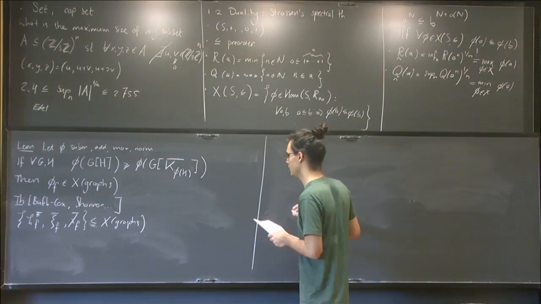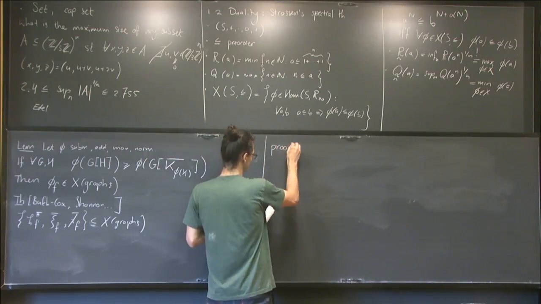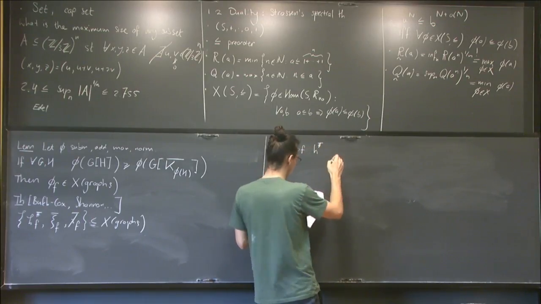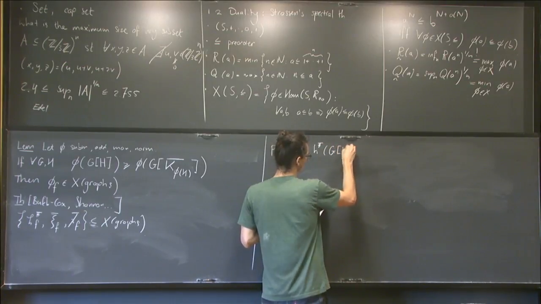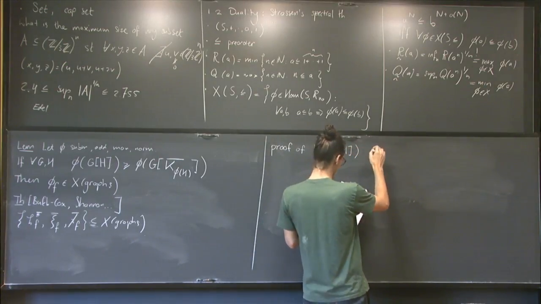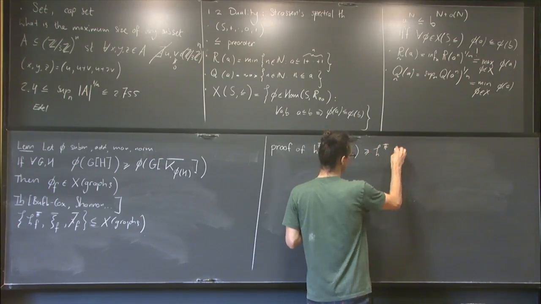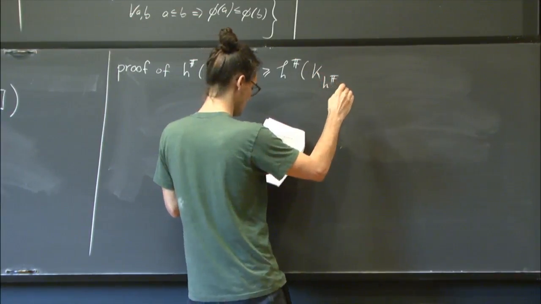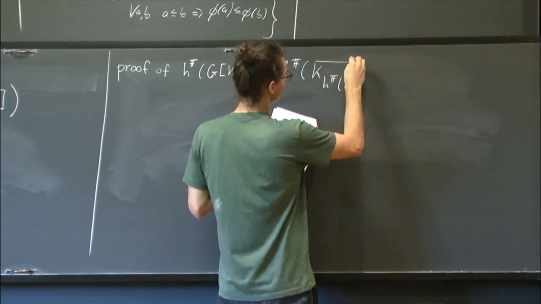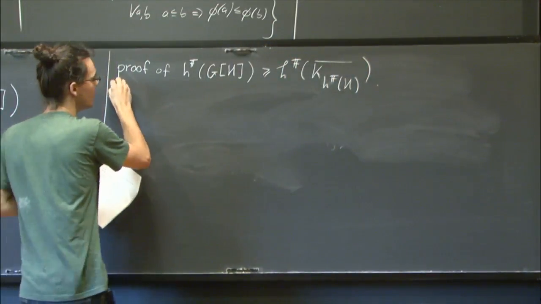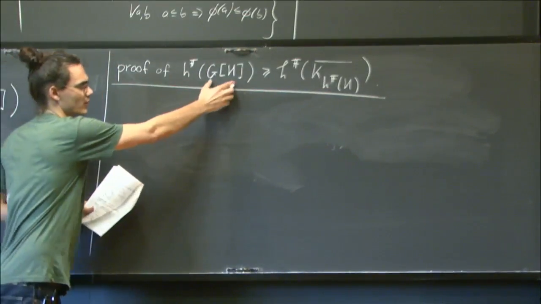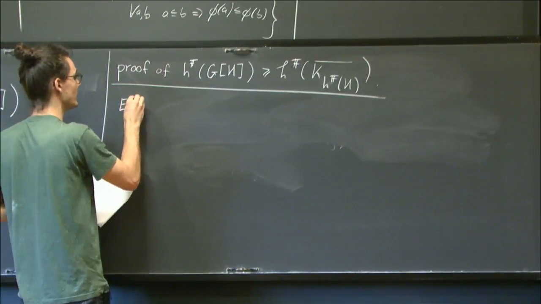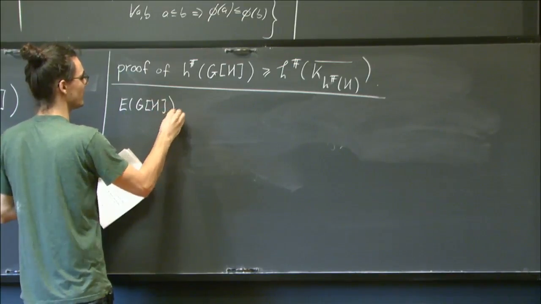Let's try. I want to do a proof of this for the Hammersbound. So I should actually define the lexicographic product first. It's a pretty simple procedure. The vertex set of the lexicographic product is just the Cartesian product of the vertex sets of G and H. The edge set of the lexicographic product is given by pairs,